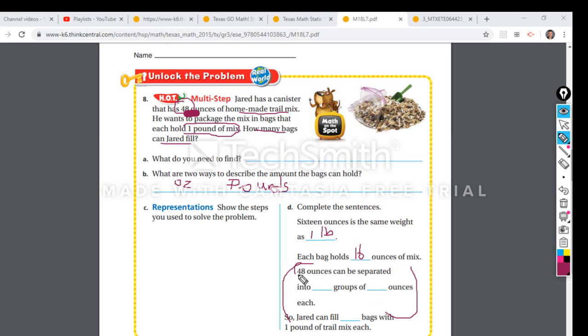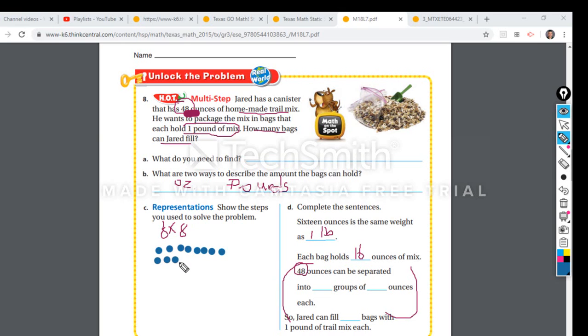Now we're going to do this section here. Now the number's 48. Okay, I need to make an array here, 48, and I know my 2 factors that I can use to make 48. 6 times 8. So I'm going to make my array to match that. So I'm going to have 6 columns with 8 in each row. So 1, 2, 3, 4, 5, 6, 7, 8,